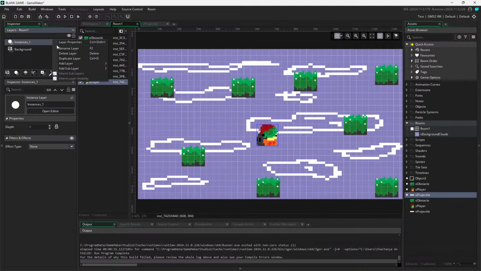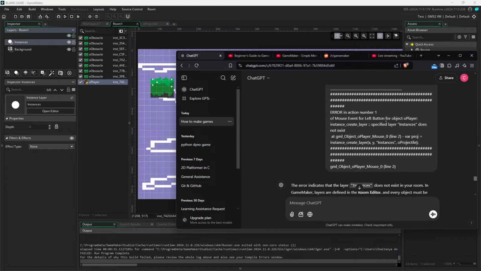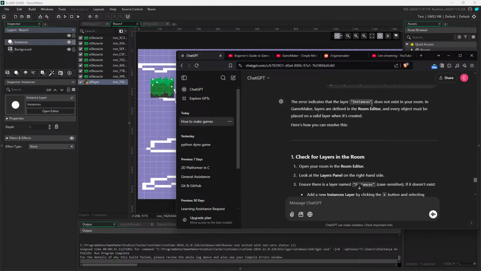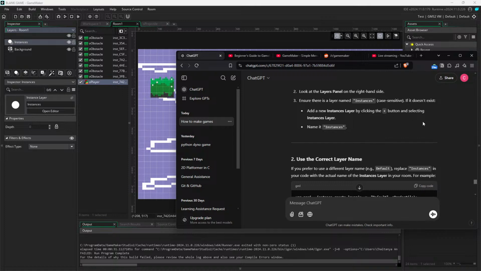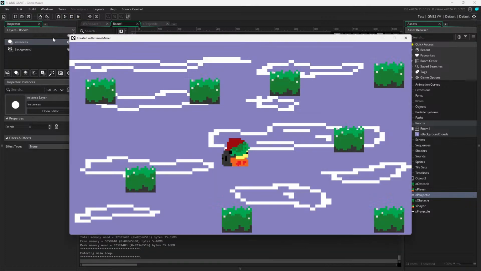Instances. Okay, it's named instances. That's the issue. Are you kidding me? That's okay. That's the issue. Got it. So F2, just instances. Is that the right spelling? Instances, is it? Yeah. So this should work now, right? As it says,